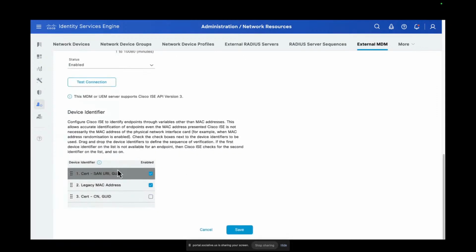And these are the different identifiers that you could make use of to query against the MDM vendor. These are possible only with an MDM v3 API. With MDM v2 API, these options are not going to be visible. For all the MDM v3 compliant vendors, device identifiers are going to show up automatically for you to select which device identifier is supposed to be used to query against the MDM vendor. You can drag and drop. You can select what attribute that you want. Specifically,